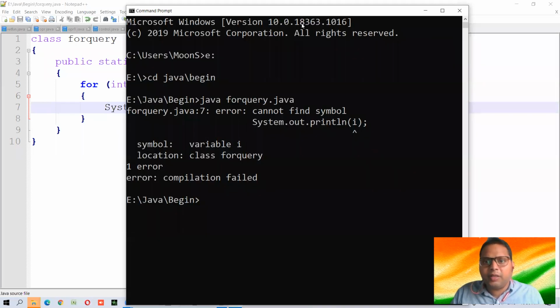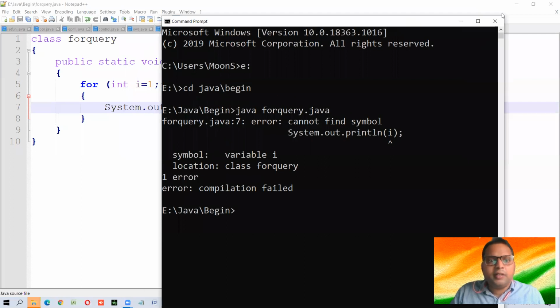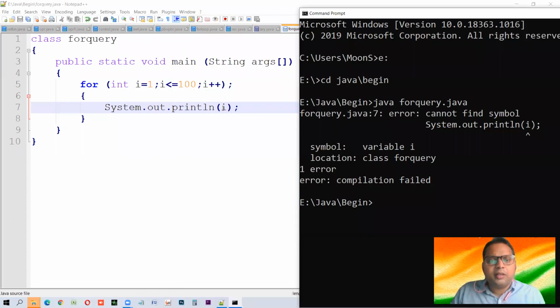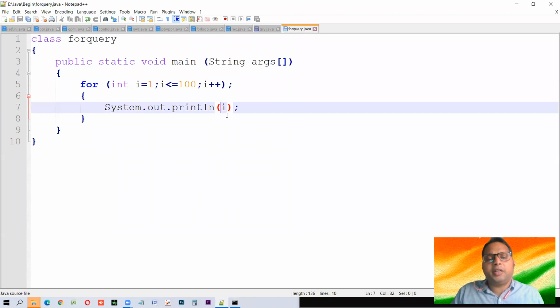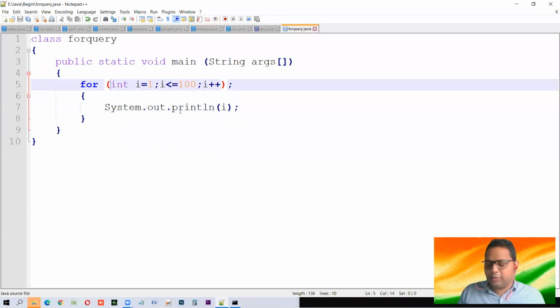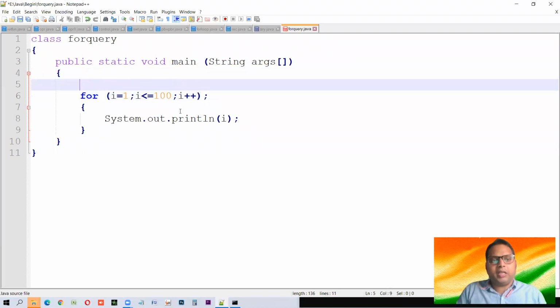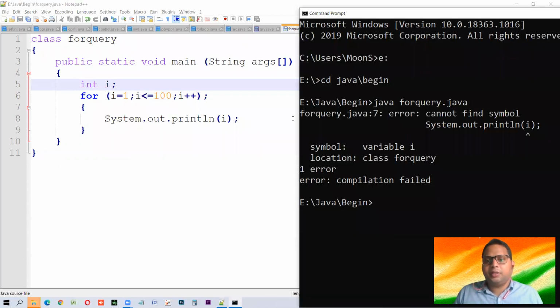Cannot find the symbol println i. Yes, println i, it's not finding. Okay, let me correct it. I'll tell you everything about it, okay? But let me make the program the way it has been made by the student. Then I'll clear this point also. This is the kind of thing that has been done by a student.